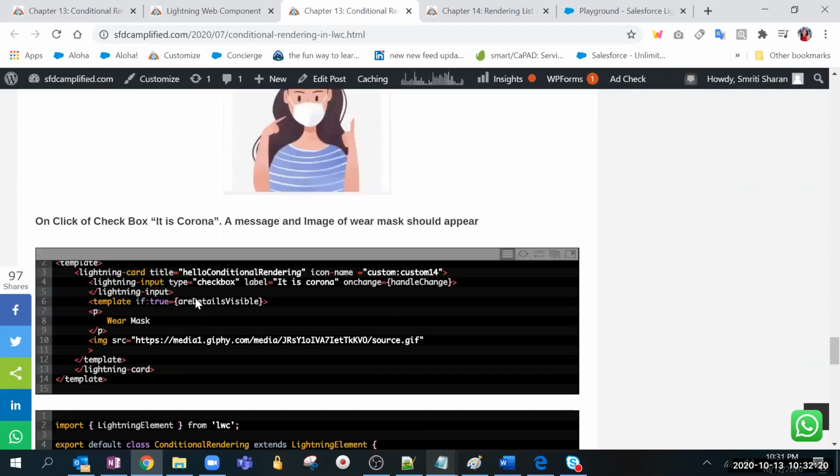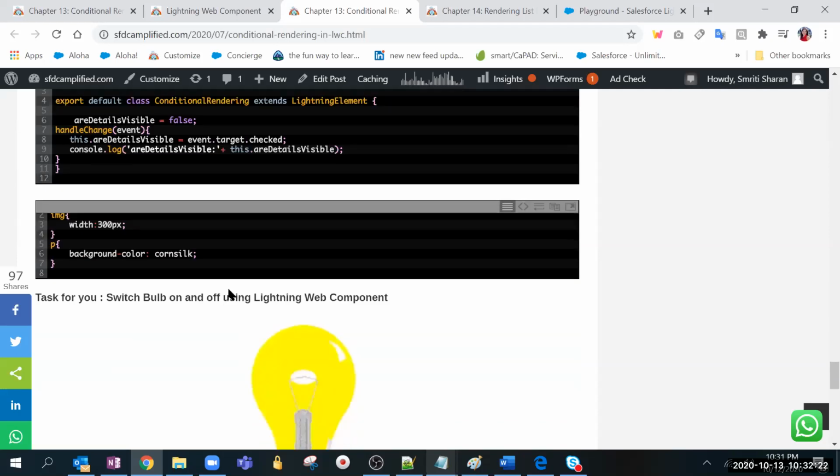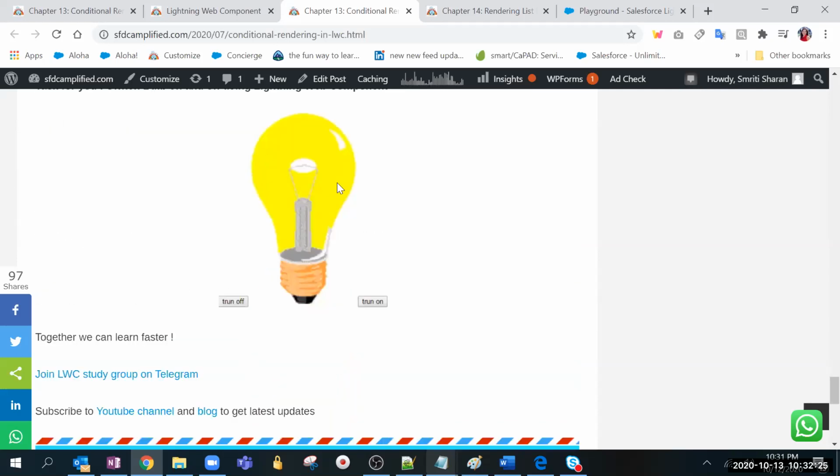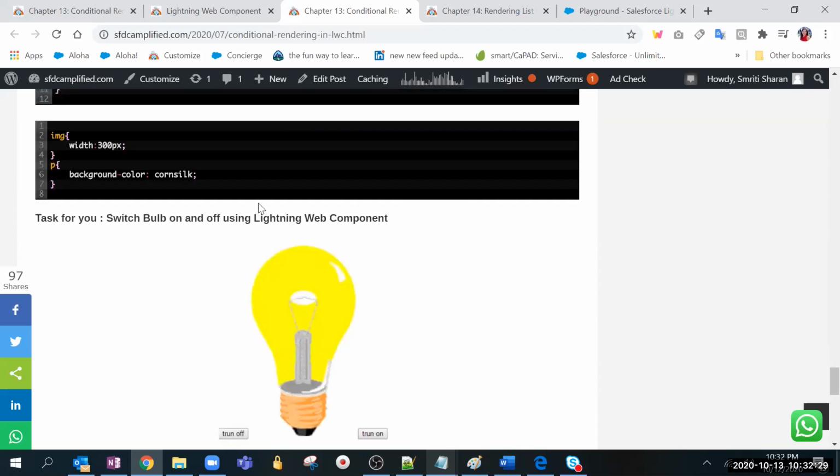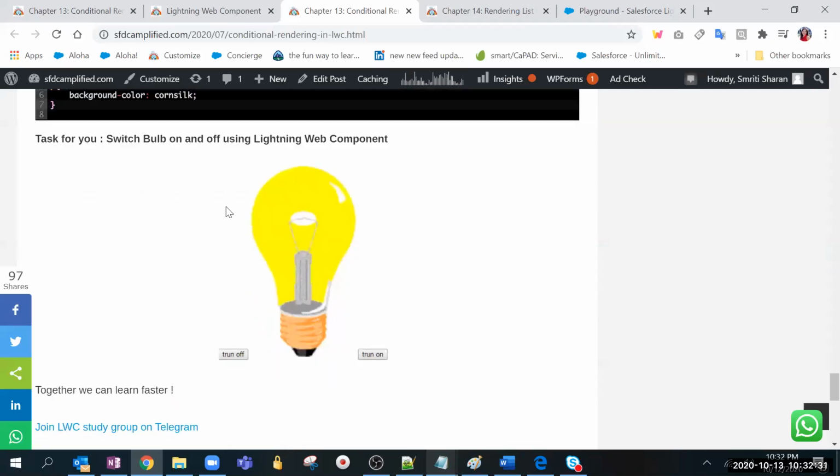And again, this is a very famous example, bulb on and bulb off in W3 school if you check. That is for JavaScript. So if you have time, just go ahead and try that out. It will work with the same concept. When you do turn off, then you have to put some different image. When you do turn on, then this image should show. So you have to do template if true in those two buttons. So like that, you have to set it up. So just try that out. Now, before going to the rendering of list,